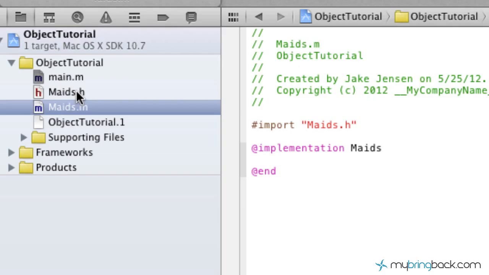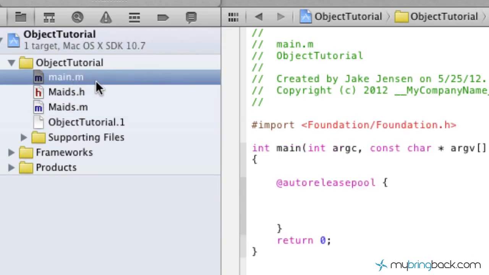So once you get to this point, guys, we're ready to start developing this Maids object. And then what we're going to do is tell our main source file here to pull from our class and pull from that object and tell that object what to do. So once you get to this point,